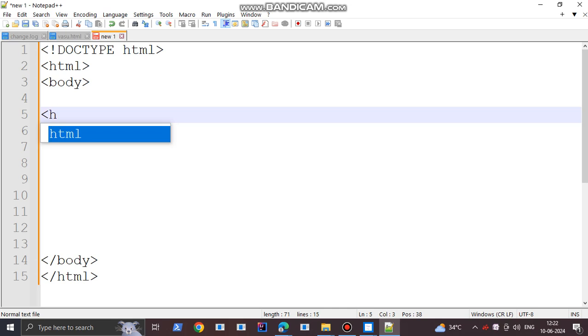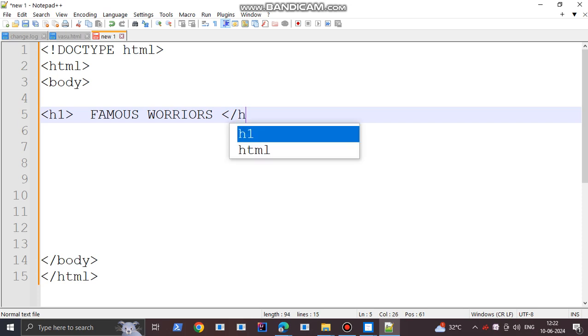This is the H1 tag indicating the header, with the start tag. The content can be anything, like FAMOUS WARRIORS in capital letters. This is the content. Then close with the end tag.